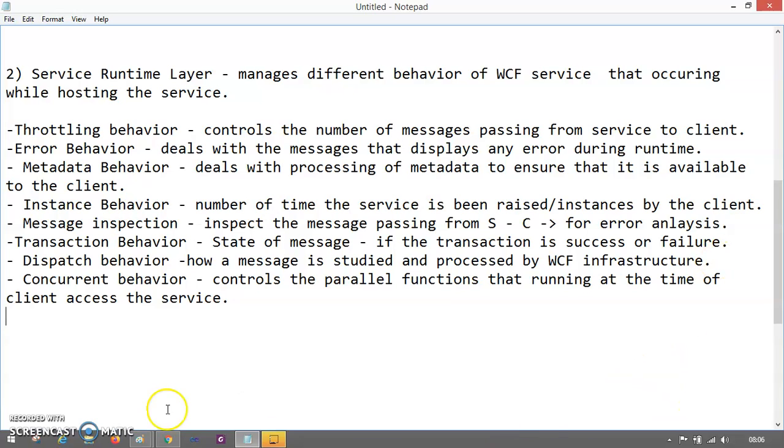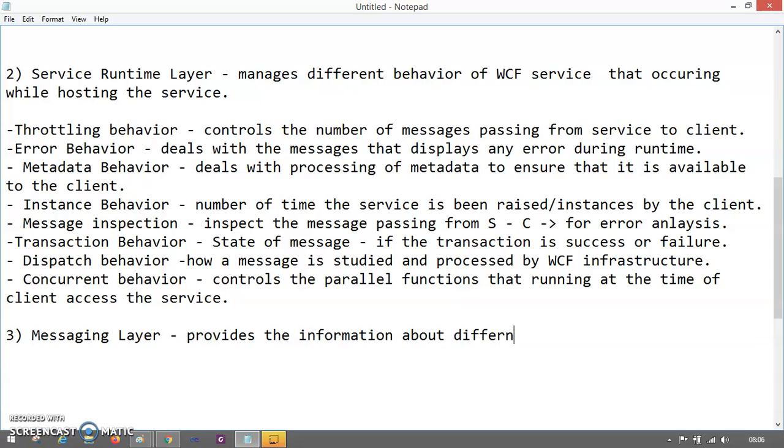So you had seen the service runtime layer, and the third part is the messaging layer. The messaging layer provides information about different channels. By channels, I mean the way you are communicating with these services. It can be HTTP, TCP, SOAP, or the like. So these are the channels